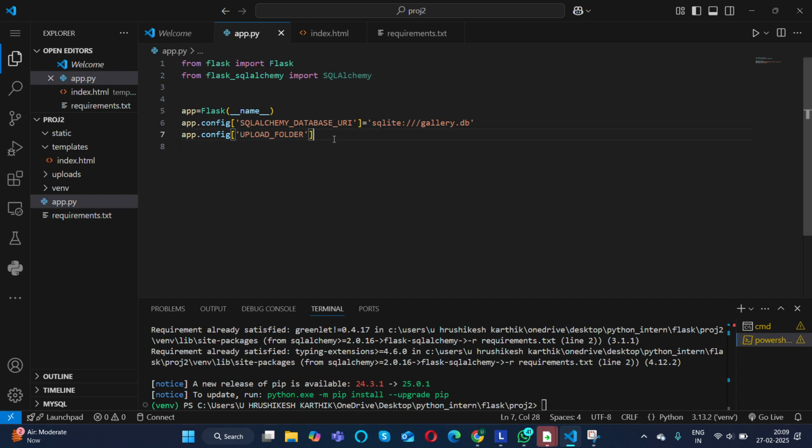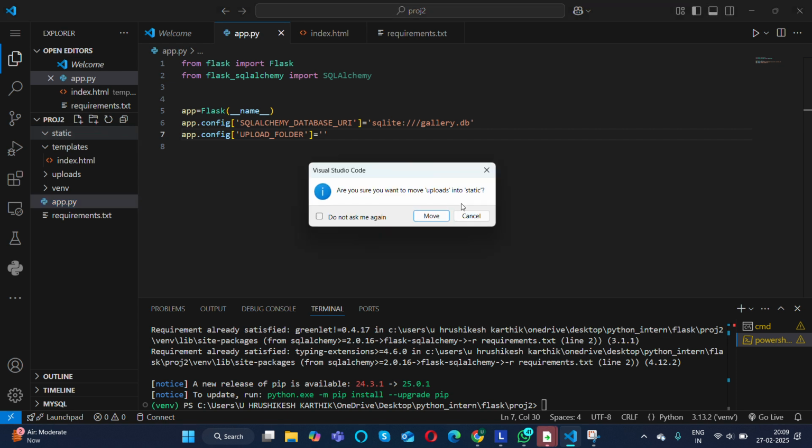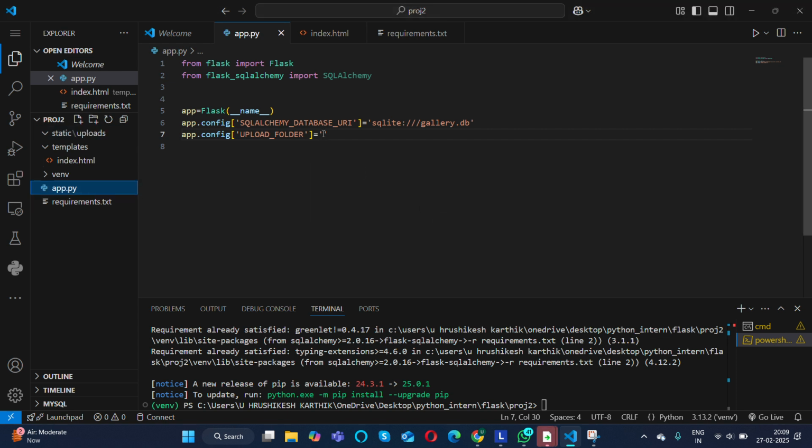But here we are dealing with images, so we'll use this. Here I need to give the path. For now, as I have mentioned, I will stand on my word. I'll put this inside static, because as we know, images will be inside static only. Why didn't I give any slash over here? Because static exists within the root directory. So here I'm specifying the location, this uploads.